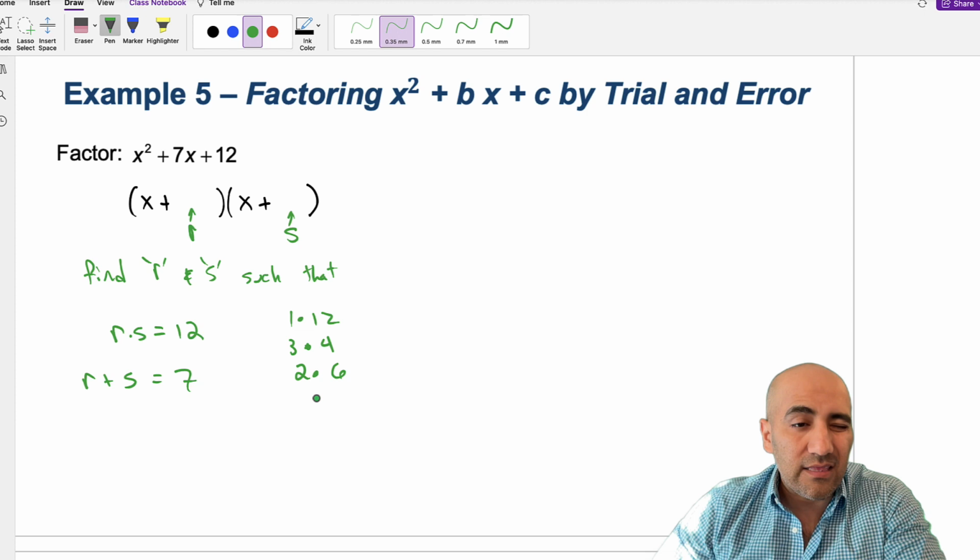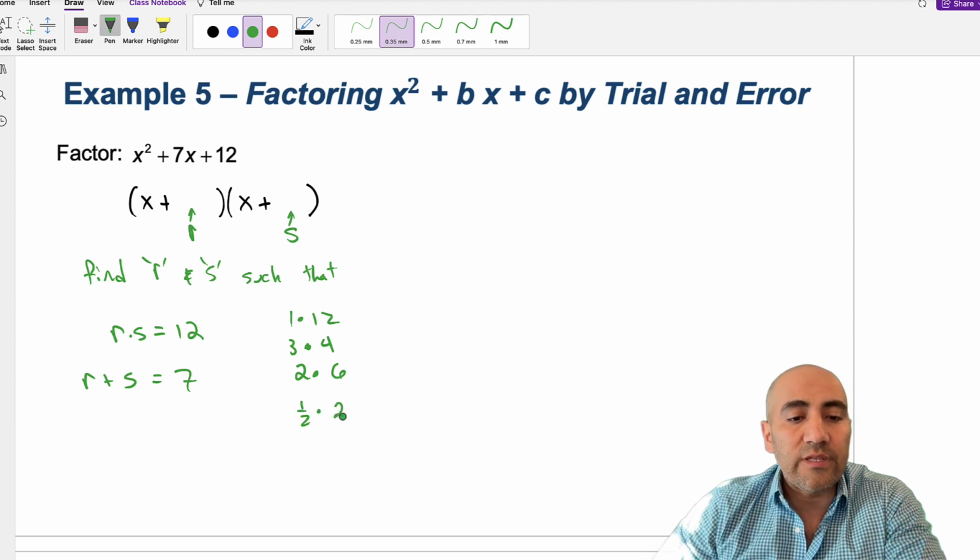There's more complicated things, right? Can also get into fractions, like 1/2 times 24, for instance, also equals 12. But then that gets more complicated, right? So usually we want to stay away from fractions if we can, unless the original question has fractions and there's no way to get around them. Initially, they're not so bad with nice whole numbers, and then eventually they get into fractions and stuff like that. So that's a little bit more challenging, especially since the next step is going to be to figure out